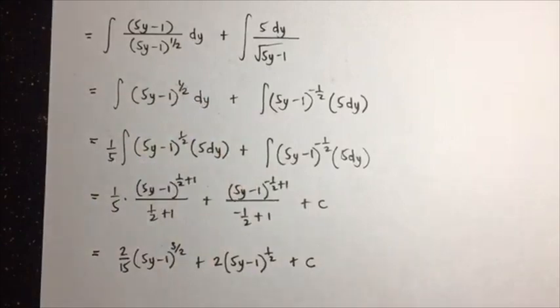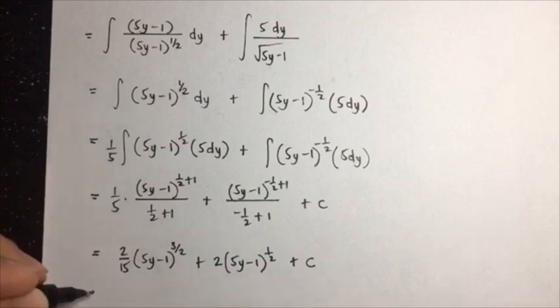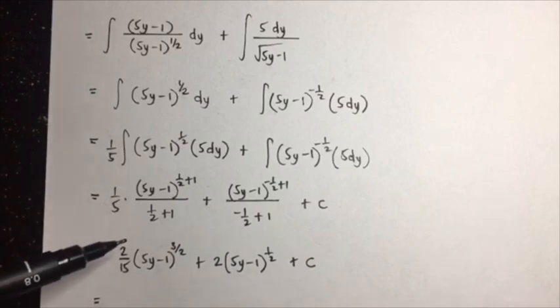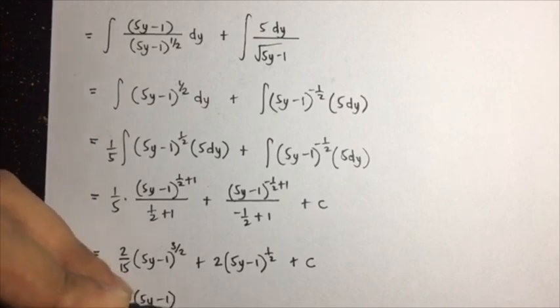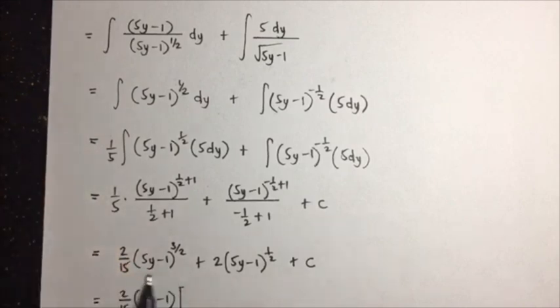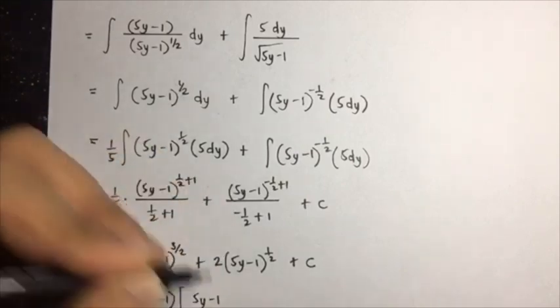Okay, so this could be our final answer, but we can still factor, no? So let us factor 2 over 15 and 5y minus 1. So what will remain here is 5y minus 1